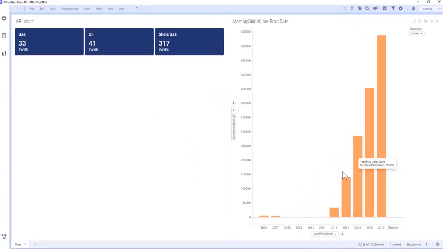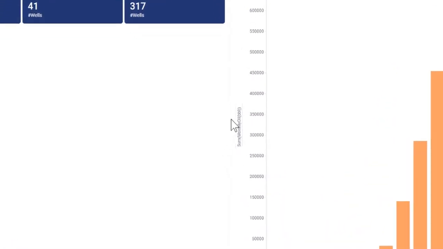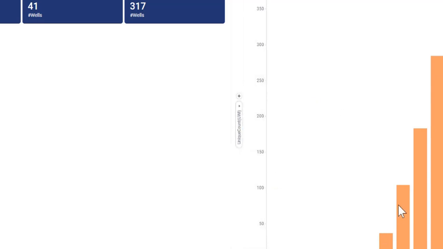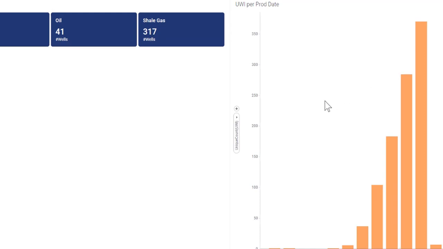The second thing that is going to happen is that we'll need to start adding other visualizations here. So the first one that we want for sure is the number of wells. So just count how many wells in total,